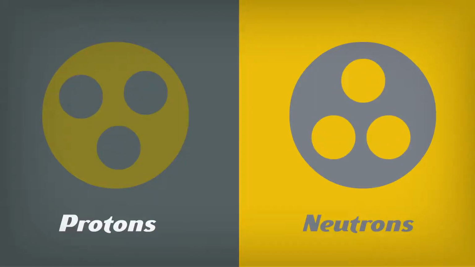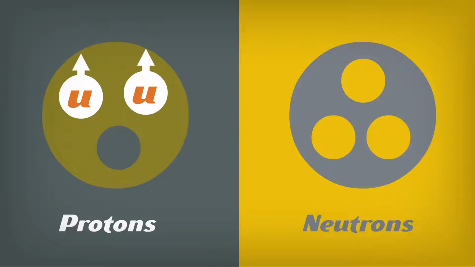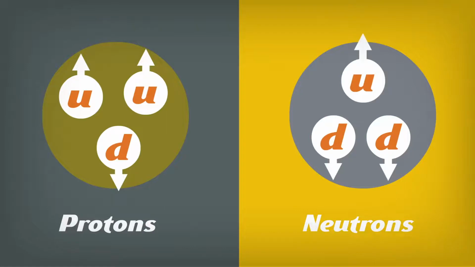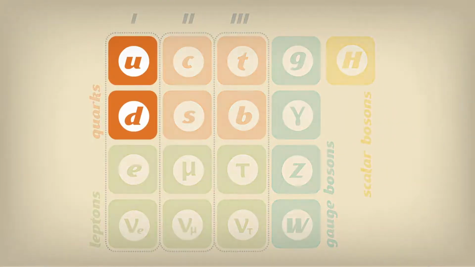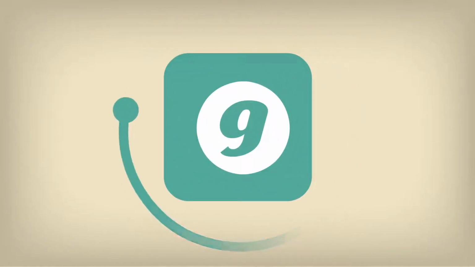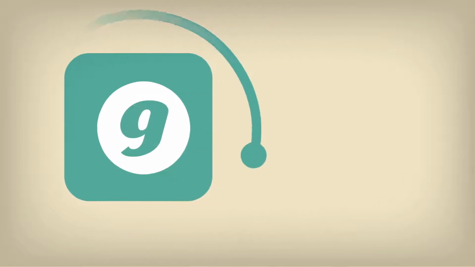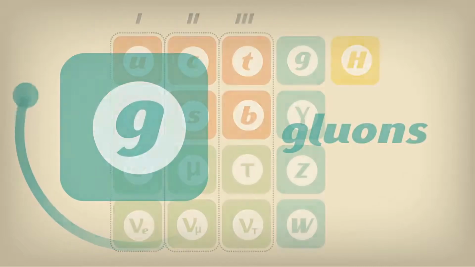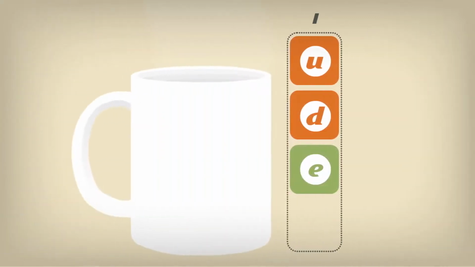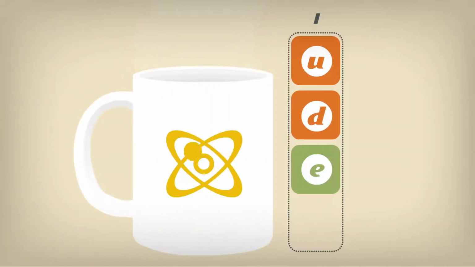A proton contains 2 up quarks and 1 down quark. A neutron contains 2 down quarks and 1 up. The nucleus is held together by the strong force, another fundamental force of the Standard Model. Just as photons carry the electromagnetic force, particles called gluons carry the strong force. Electrons, together with up and down quarks, seem to be all we need to build atoms and therefore describe normal